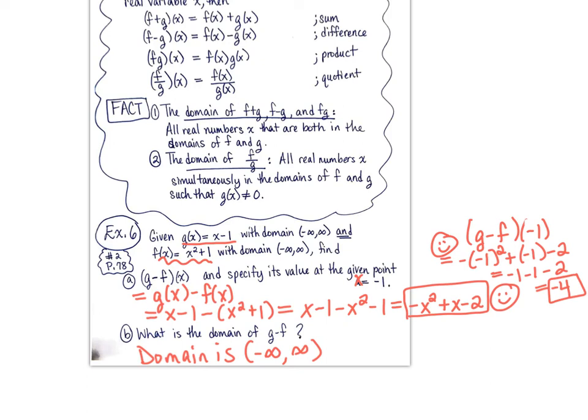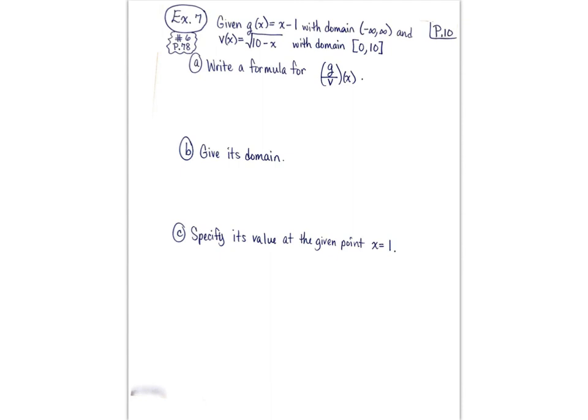Perfect. Remember that the domain of a quotient is all real numbers x simultaneously in the domains of f and g, such that g of x is not equal to 0. Okay? Now, our last example, let's look at a quotient problem. So remember